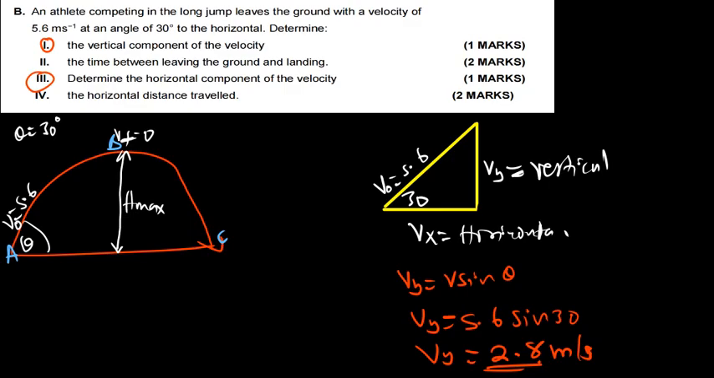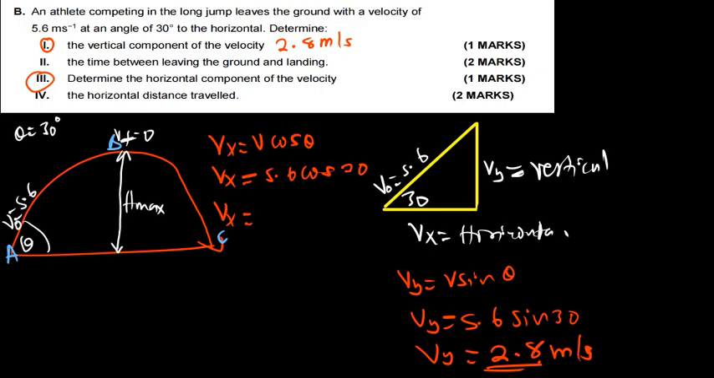So this one, 2.8 meters per second. Then let's go to part A, that is determine the horizontal component, which is the vx, v cos theta. So vx will be equal to, my v is 5.6 cos 30 degrees. So vx will be equal to 5.6 cos 30 is 4.8. So 4.8 meters per second is my